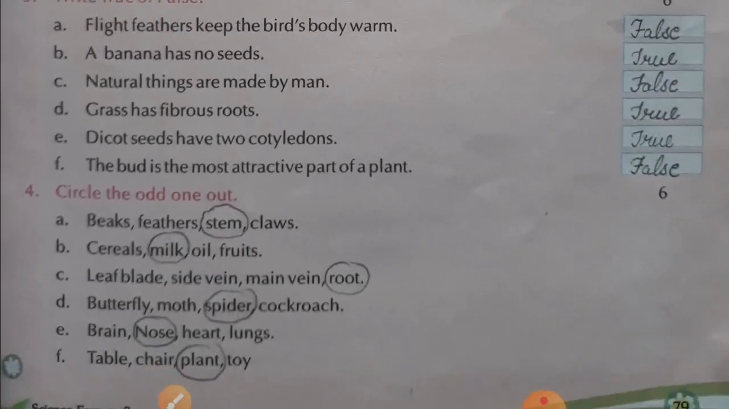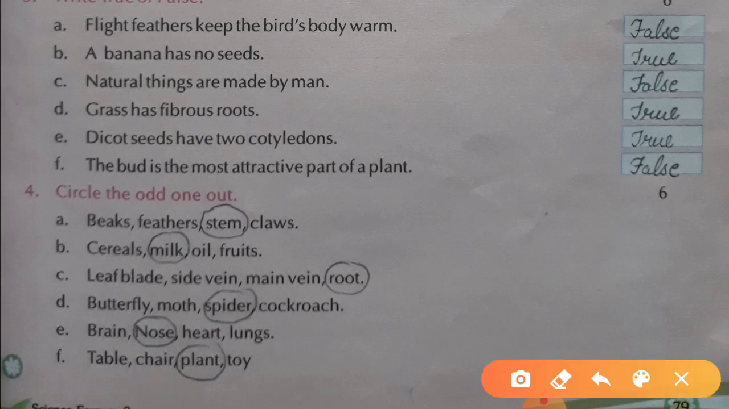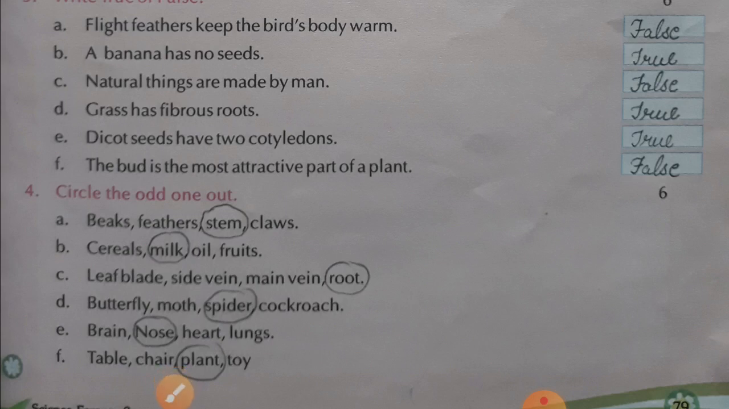because this is a part of a plant and other is a part of the bird. क्योंकि ये प्लांट का पार्ट है और अदर बर्ड्स के पार्ट है. बी सीरियल्स, मिल्क, ऑयल, फ्रूट्स. स्टूडेंट्स हेयर यू हैव टू सर्किल मिल्क. इन योर आंसर शीट ऑयल इज़ देयर बट दैट इज़ रॉन्ग. मिल्क आपको टिक करना है क्योंकि मिल्क वी गेट फ्रॉम द एनिमल्स एंड सीरियल, ऑयल, फ्रूट्स वी गेट फ्रॉम द